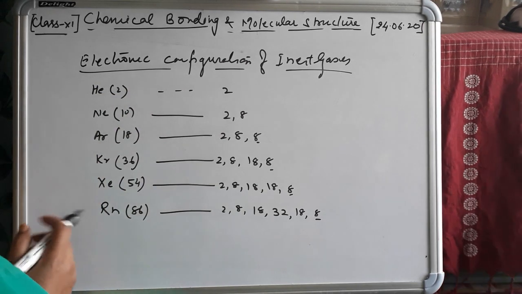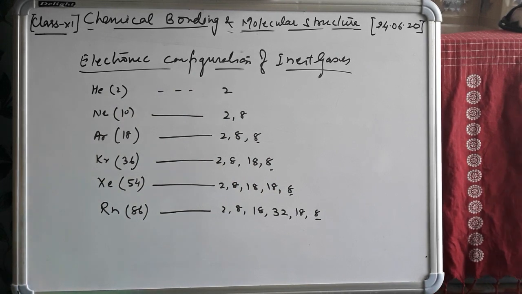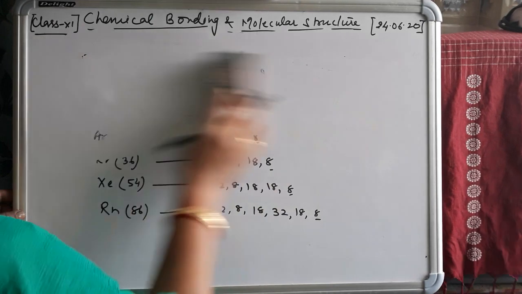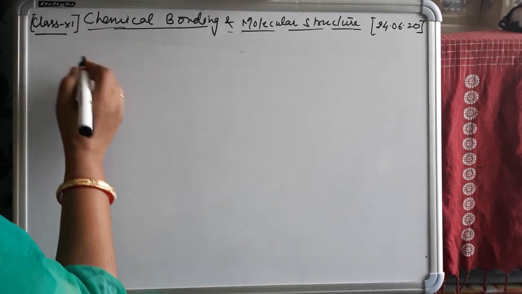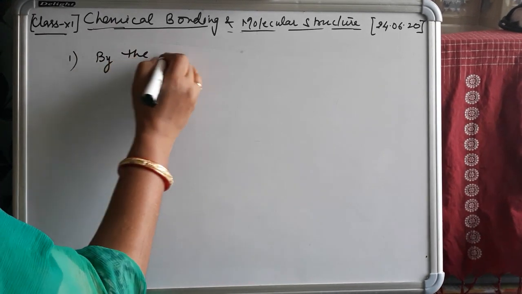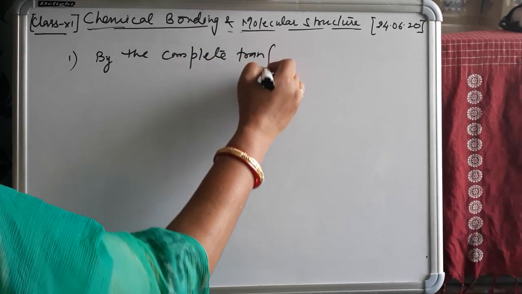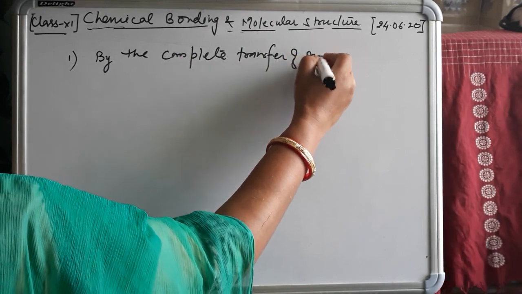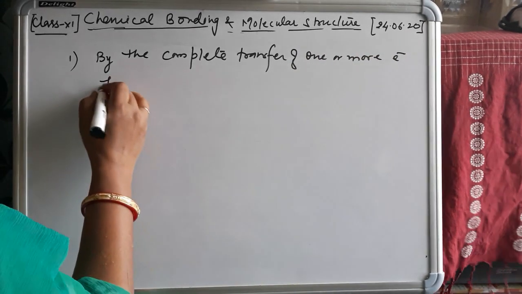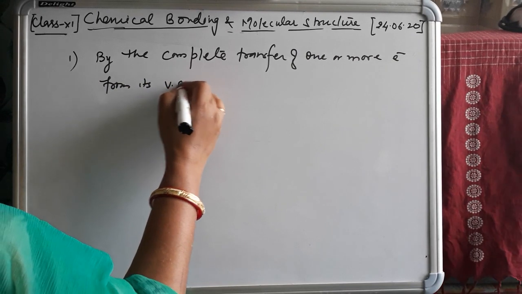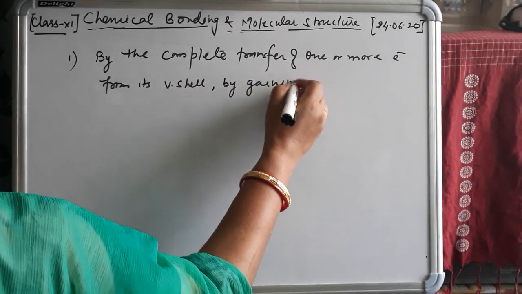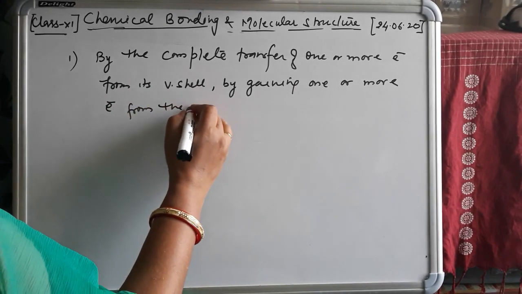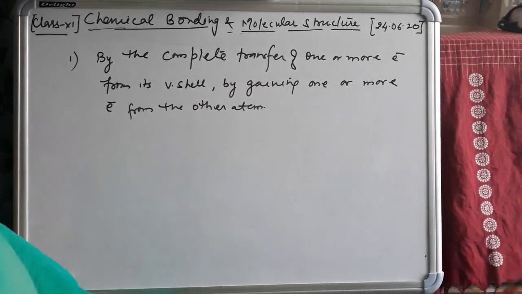The other elements, which do not have 8 electrons in their valence shell, try to complete their octet in different ways. So what are the different ways? Why and how do species complete their octet? At first, by the complete transfer of one or more electrons from the valence shell, or by gaining one or more electrons from other atoms,